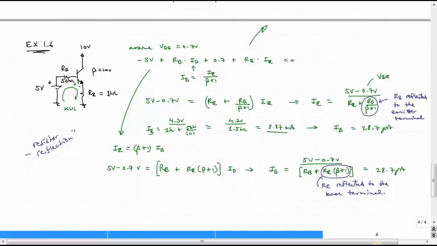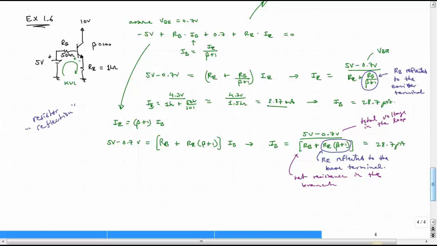And so rather than always having to solve for the currents by doing KVL, we can simply take one of the resistors and, quote-unquote, reflect it over to the other terminal, and thereby combine the resistors so that we get a simple expression: total or net voltage in the loop divided by net resistance in the branch. And the branch here